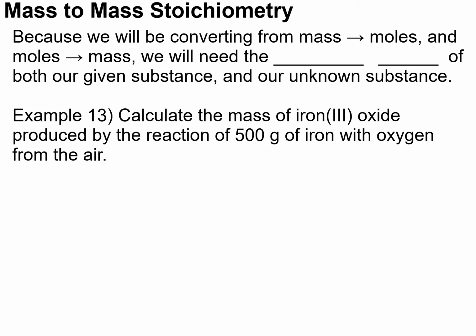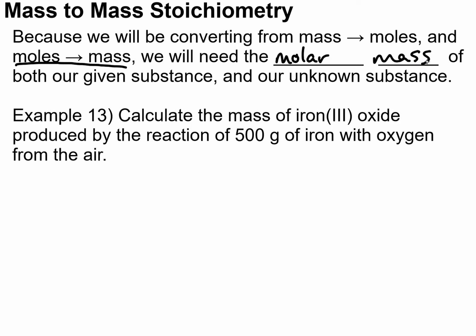Hello, and in today's chemistry video, we're going to start talking about gravimetric stoichiometry. Gravimetric stoichiometry is the study of mass-to-mass stoichiometry. So we're going to get a reaction. We're going to have a mass of one compound, and it's going to ask us to predict the mass of another compound in that reaction. Because we will be converting from mass to moles and moles to mass, we will need the molar mass of